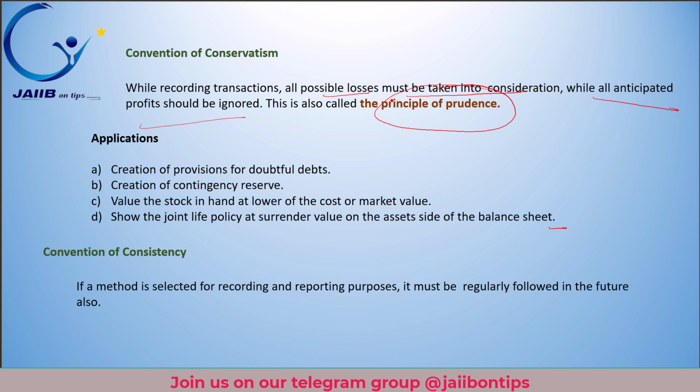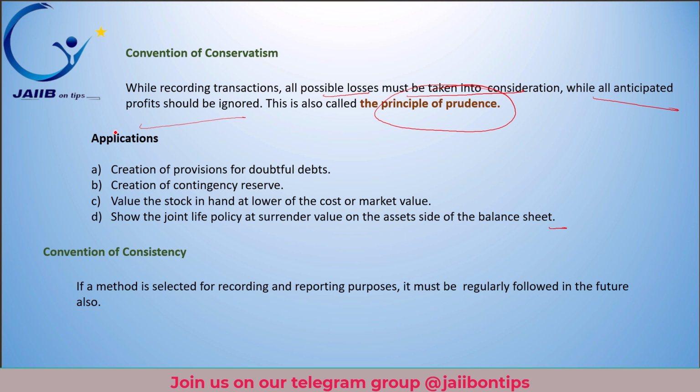So the convention of conservatism is like a financial safety net. It encourages accountants and companies to be a bit more skeptical and careful while recording their finances when there is uncertainty about whether something is good or bad for the company's financial health. This principle suggests leaning towards the cautious side. It's a way to prevent overestimating profits or underestimating losses, making sure the financial statements are a bit more on the realistic and careful side.